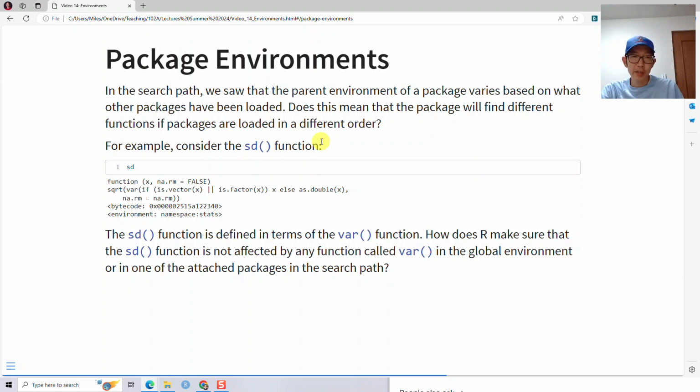In the search path, however, we see that the parent environment of a package varies based on what other packages have been loaded and in what order they've been loaded. So does that mean the package would end up finding different functions if they're loaded in a different order? If you think about it, if the order of the parent environments is different,